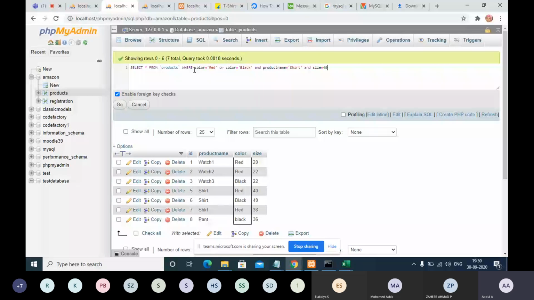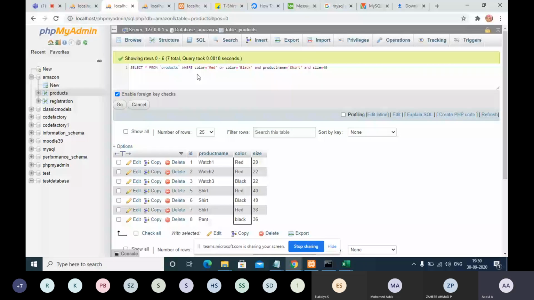Color is equal to red or color is equal to black, and now you are joining the and condition. You are adding the and condition not only with the black color, but with both the colors, red and black. So what we need to do is put it in a bracket.